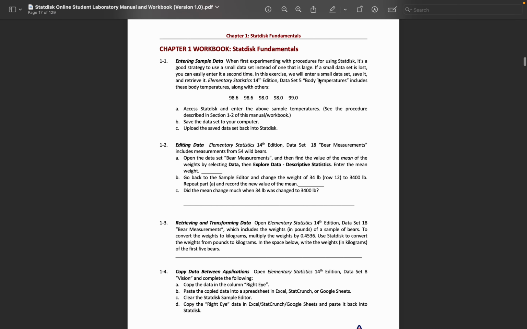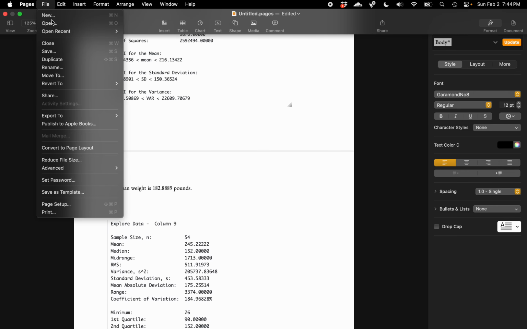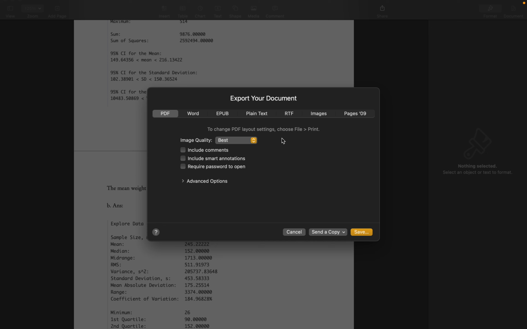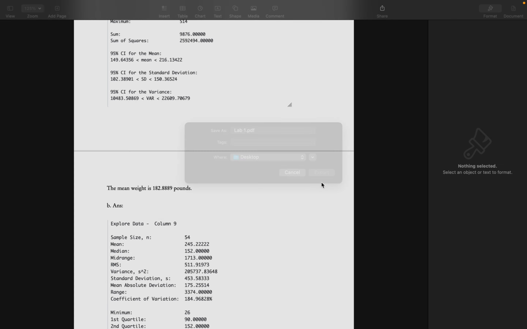All right, okay. And so finally, you want to take this, and I'm going to export it. Remember, you can only submit a PDF. So I'm going to export this Numbers document as a PDF, and I'm going to call it lab 1 and save it on the desktop, and that's it.